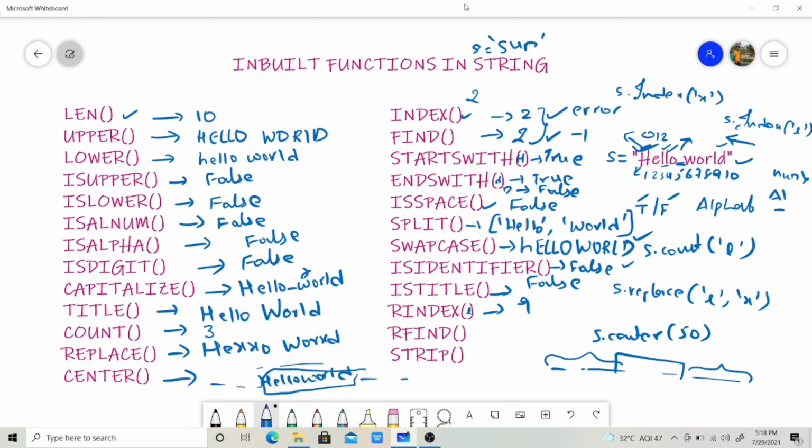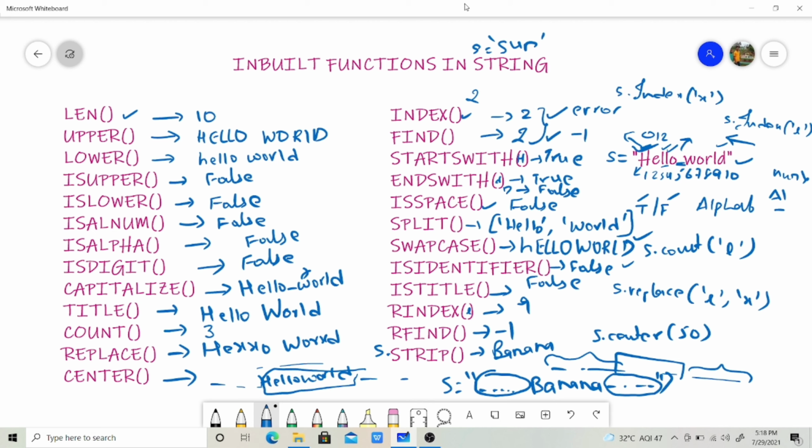And same like find and rfind. If the given character is not present in the string, it will return you -1. Strip. For example, if you take s is equal to space space space some banana and space, if you write s dot strip, it will give you directly as banana. It will take all the preceding and succeeding spaces and it will give you directly as banana.